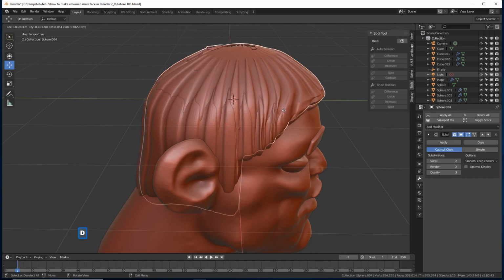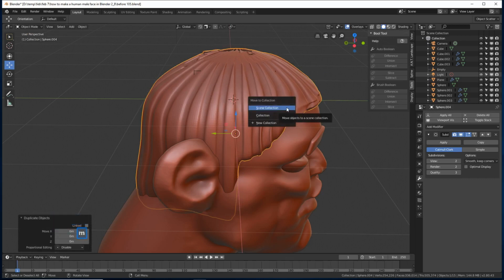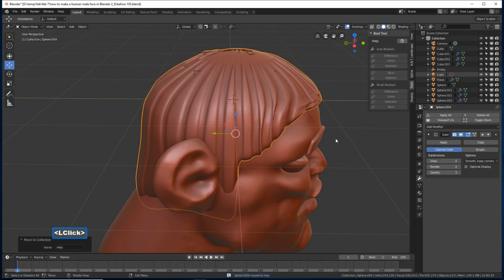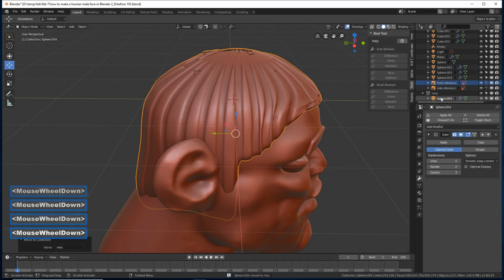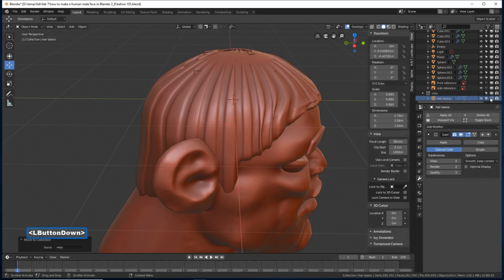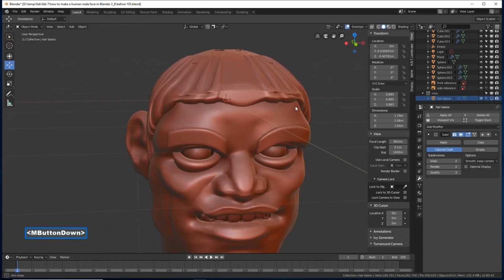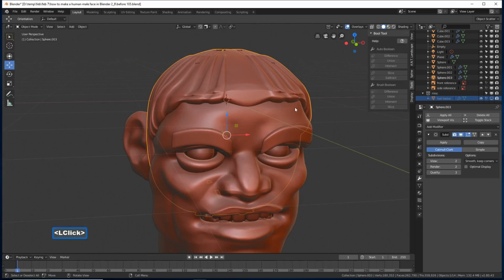I'm going to hold Shift, press D, duplicate that, press M. This brings up our Move to Collection menu. I'm going to select New Collection. I'm going to name this Miscellaneous, MISC. Click OK. And then here, I'll name this hair basic. I'll take away the monitor and the arrow so I can't select that. So now that I have that backup, I'll apply this,